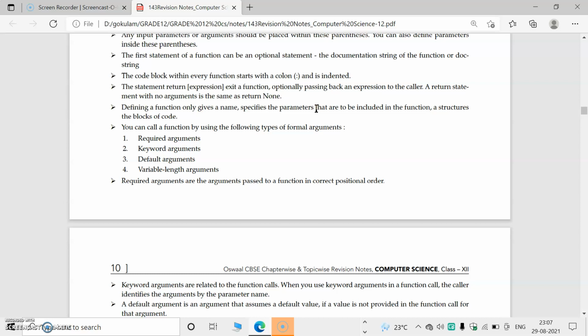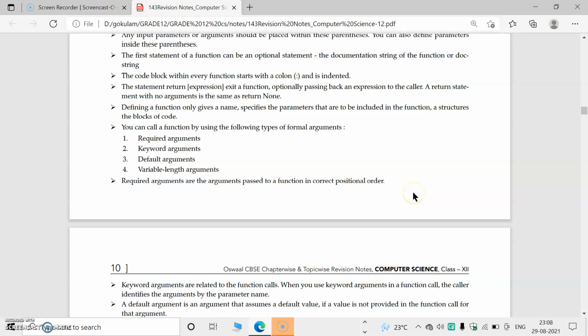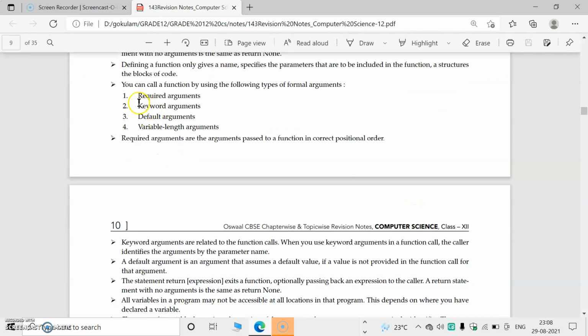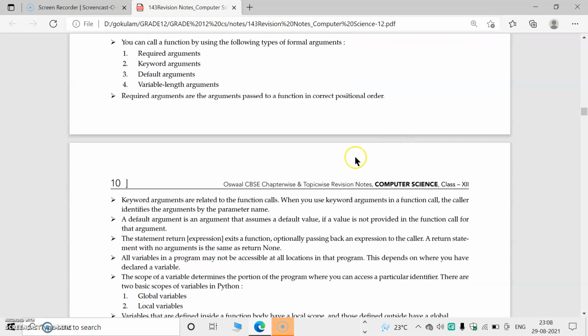Then there are two types of arguments, formal and actual arguments. Actual arguments means the arguments used in the function call. The arguments used in the function definition are known as formal arguments. These arguments are classified as required arguments, keyword arguments, default arguments, and variable length arguments.